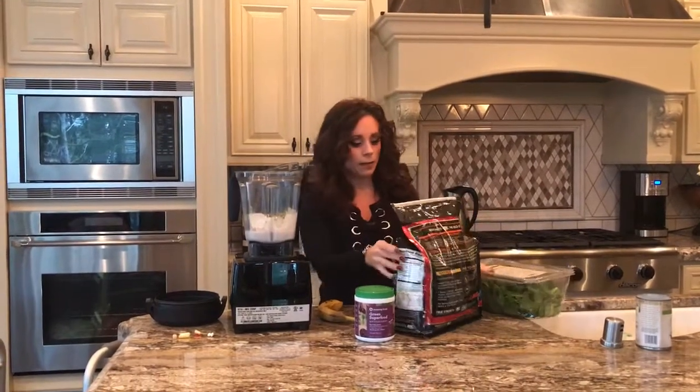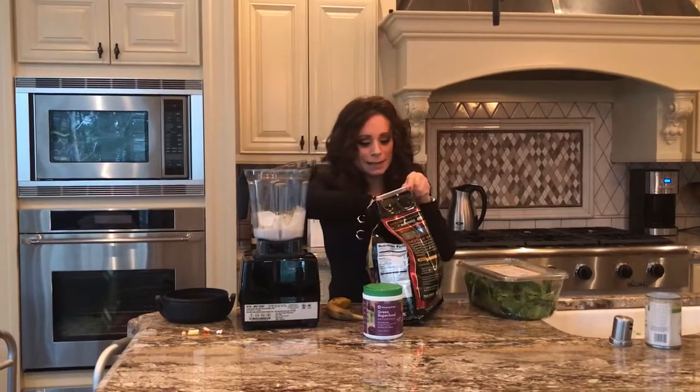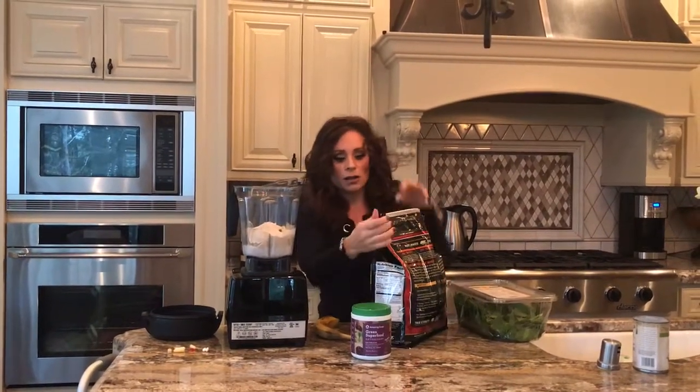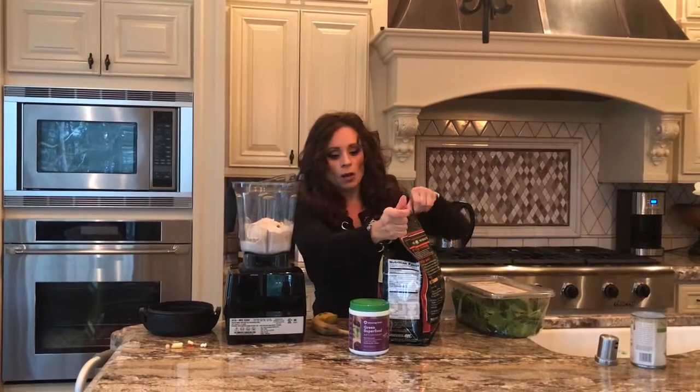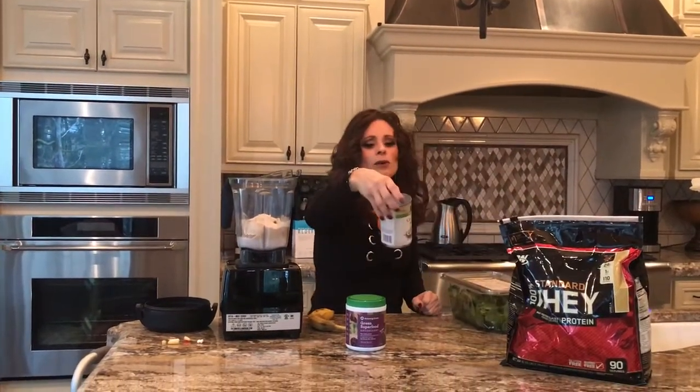I'm using whey protein isolate. I got it at Costco. My kids like it. I like it. There's probably better ones out there for you, I don't know, but this is one that everybody in my family likes and that we use. So I'm going to put a heaping scoop of that in there. There's 24 grams of protein, 1 gram of fat, and 110 calories. In the coconut milk, there was 40 calories in a quarter cup, so 80 calories, and